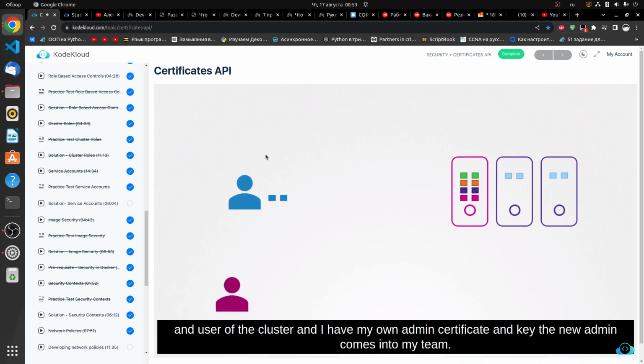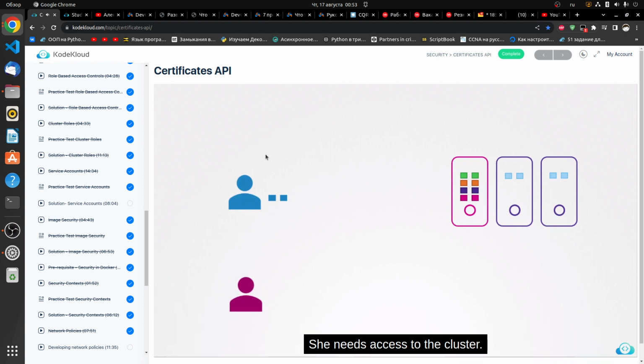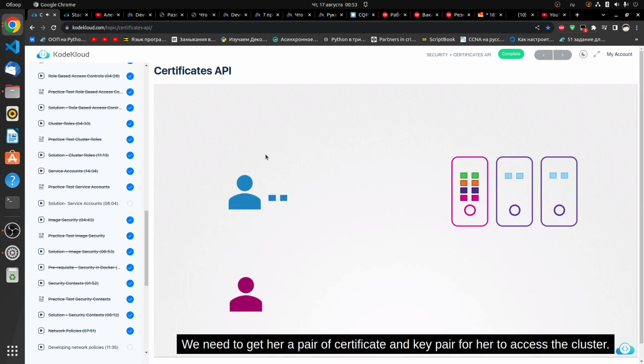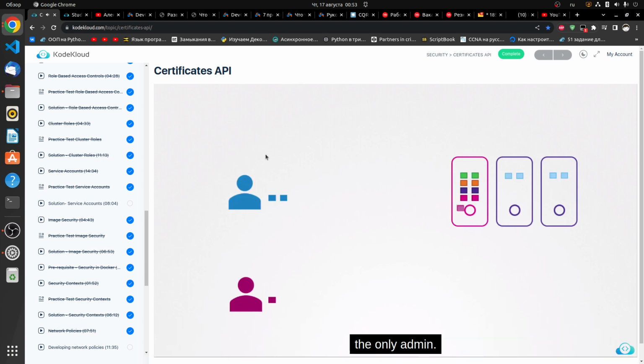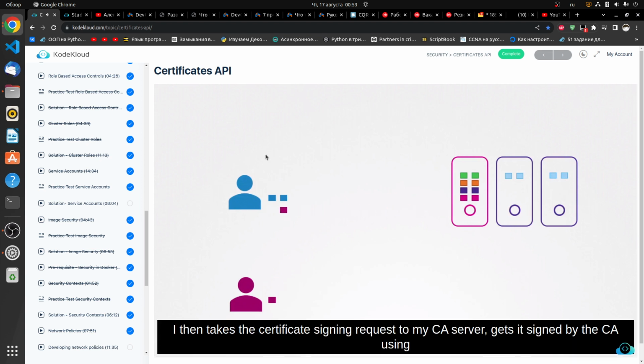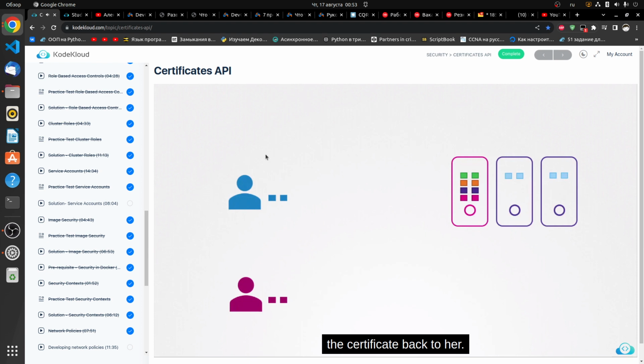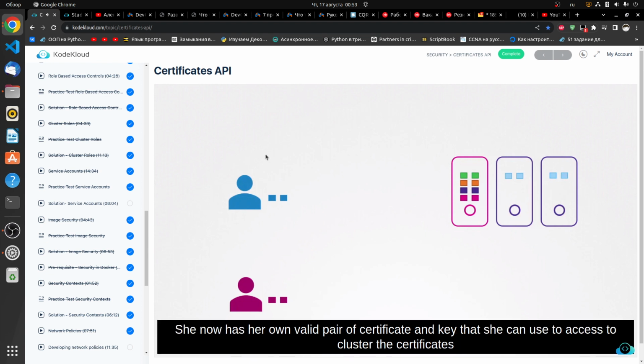A new admin comes into my team. She needs access to the cluster. We need to get her a certificate and key pair for her to access the cluster. She creates her own private key, generates a certificate signing request, and sends it to me. Since I'm the only admin, I take the certificate signing request to my CA server and get it signed by the CA server using the CA server's private key and root certificate, thereby generating a certificate, and then send the certificate back to her. She now has her own valid pair of certificate and key that she can use to